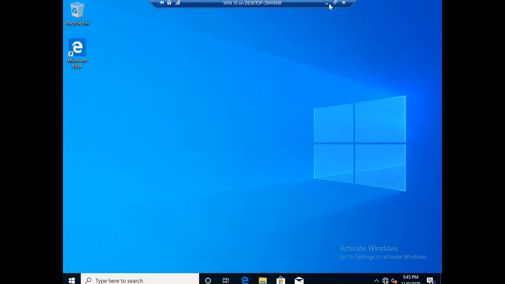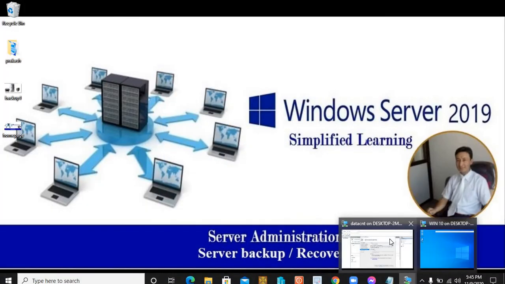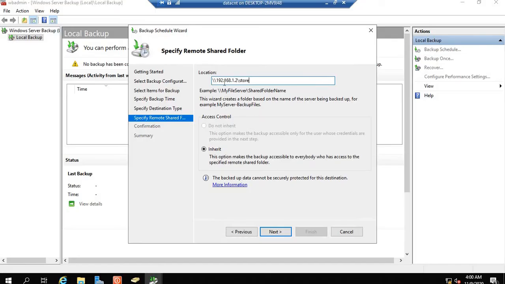Okay, now we're going to take the backup from this server to the network shared folder. 192.168.1.2 and store. Okay, inherit is that. This option makes the backup accessible to everybody who has access to the specified remote shared folder. Of course, for testing purposes, we have intentionally done this. Next,